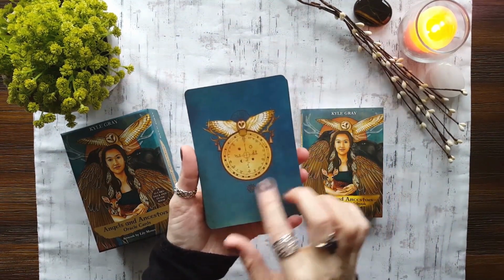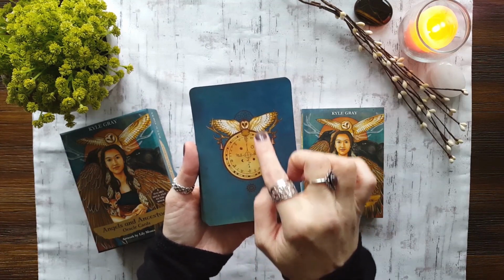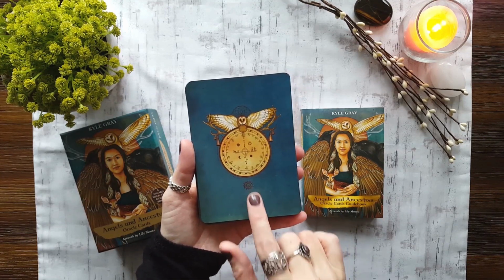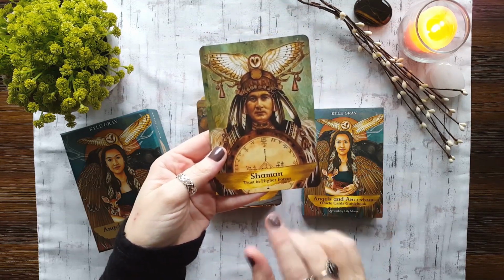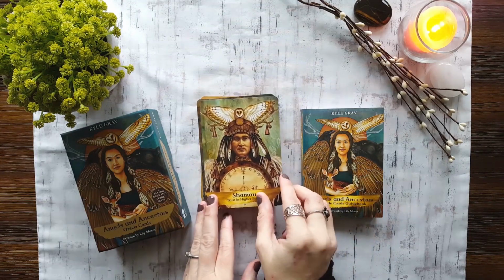The backs have this beautiful distressed teal texture to them, along with the image of the drum, the owl, and the horns, all of which make an appearance in several of the cards in this deck. Each card is titled and includes an active key phrase. The cards are not numbered and in no particular order, and as the author says, every single card offers an